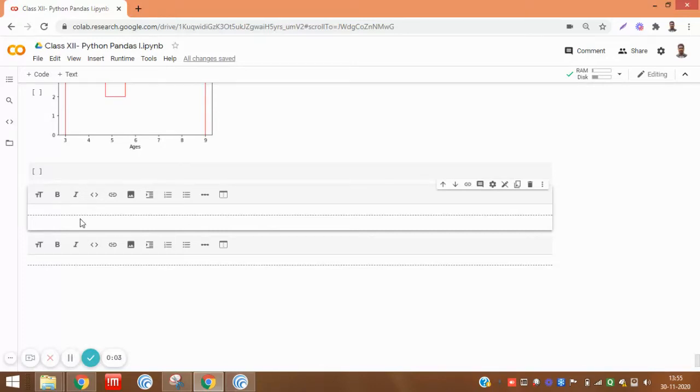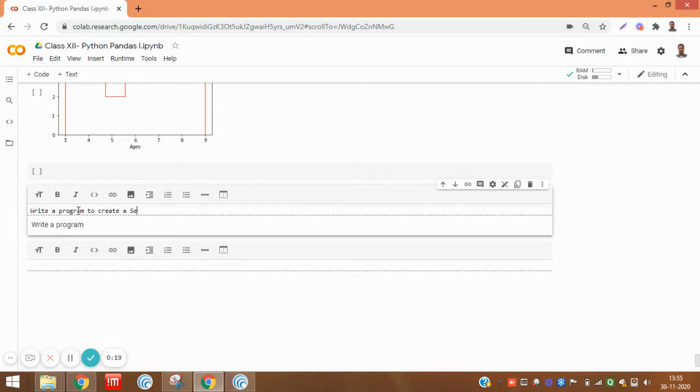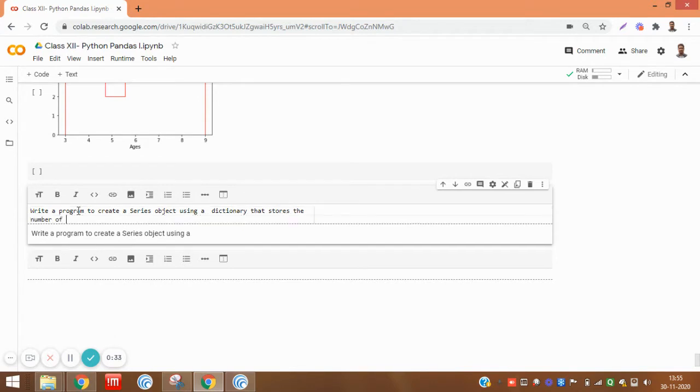Hello students, next we are going to specify data as a Python dictionary. Let's take an example: write a program to create a series object using a dictionary that stores the number of students in each section of class 12 in your school.